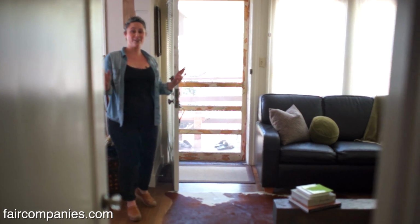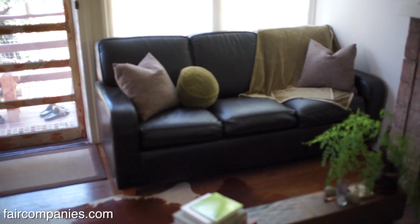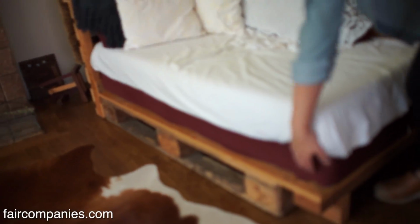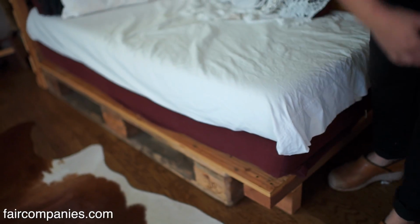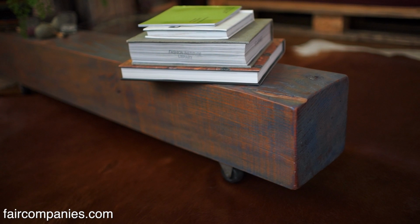We love finding furniture that's free. Like on Freecycle, I found this leather sofa bed. My partner's really handy, so he built a lot of our furniture in here. This is a little chaise lounge made out of recycled pallets that he built. So just little recycled pallets and plywood. Yeah, and we had the cushions, so that was easy to use. And this is just a beam that he put casters on to make a little